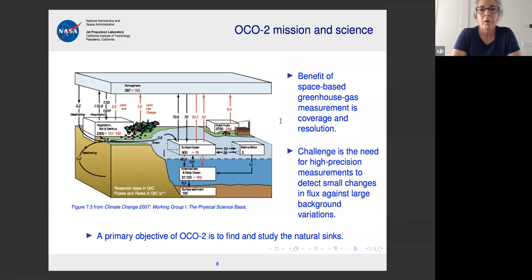So if we're looking for example, see this little factory over here. This is 6.4 in whatever these units are in here. It looks like gigatons per year of carbon. That's 6.4 compared to ocean sources and sinks on the magnitude of 70, 20. The land sink, the source of the gross primary production, plant respiration at the level of about 120 gigatons. So it's hard to see these changes, and it requires a very, very accurate measurement system.